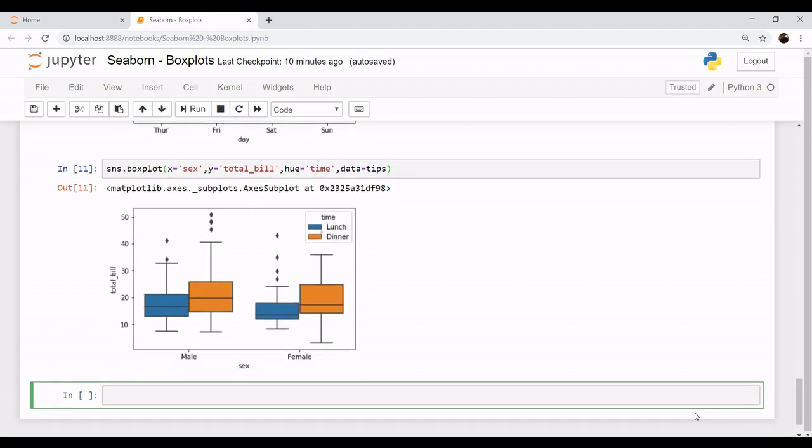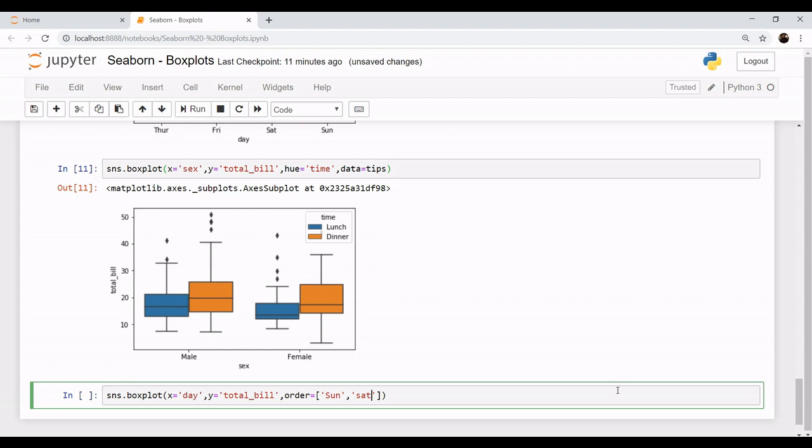Okay, now we want to see one more thing. If you want to change the order of your parameters, and by change I mean this. On the x-axis you want your day, which day it is, and on the y you are giving the total bill. Okay, now we have an order argument, which is order equal to, we know the days are Thursday, Friday, Saturday and Sunday. Now we want our order in reverse, so let's put it Sunday,